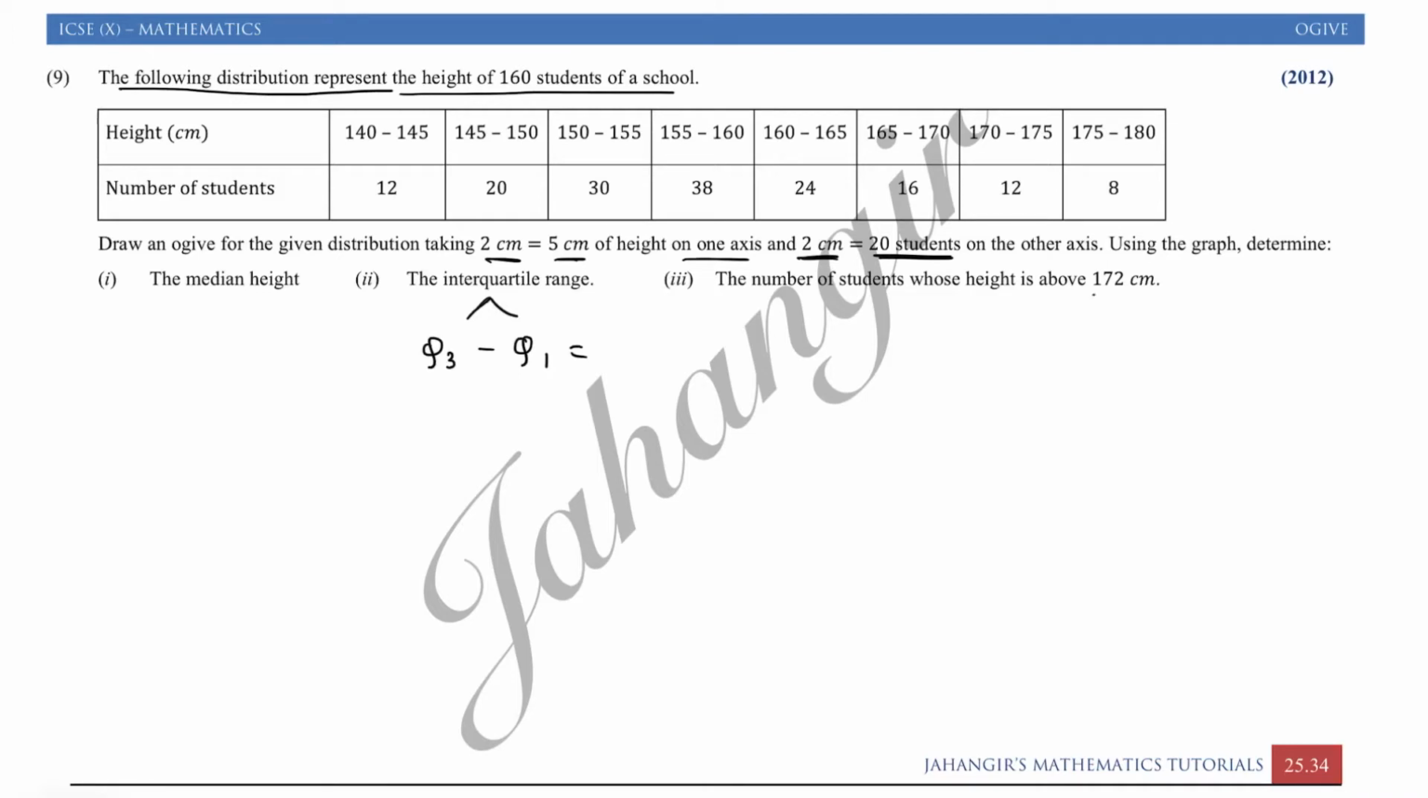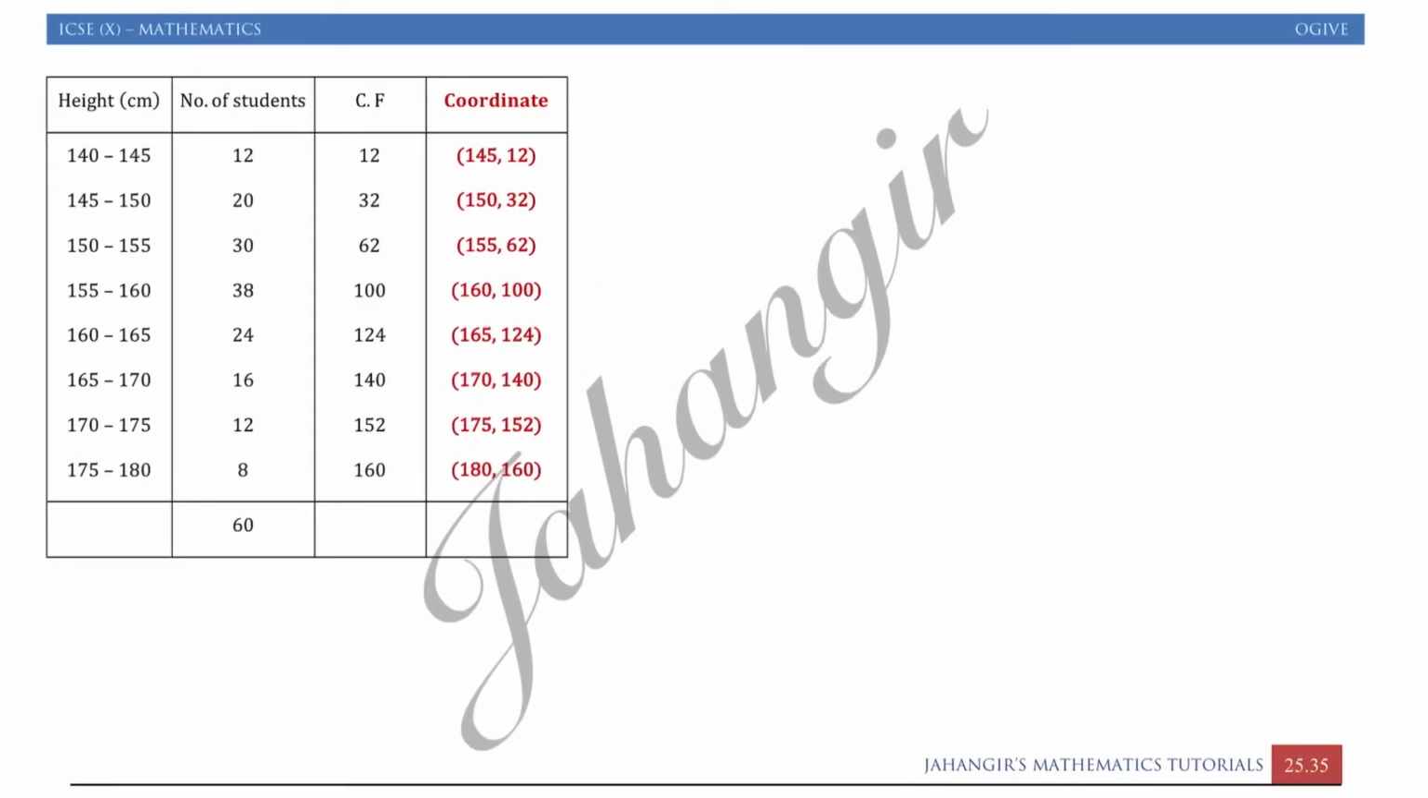And the number of students whose height is above 172. It's a similar type of question. So first let us make the table, which is just given over here. You can make the table by yourself by finding out CF and coordinates. Coordinates is written as the upper limit and then the cumulative frequencies. Okay, once this is done,